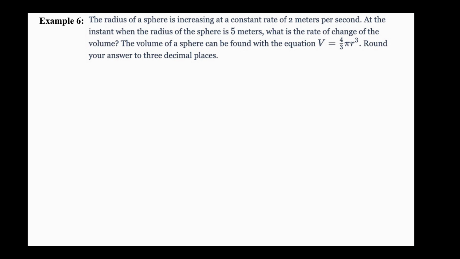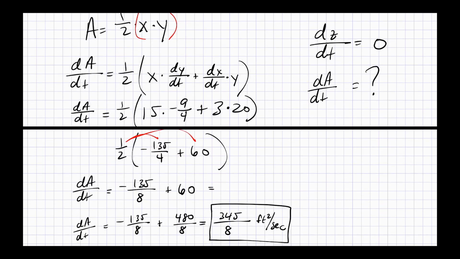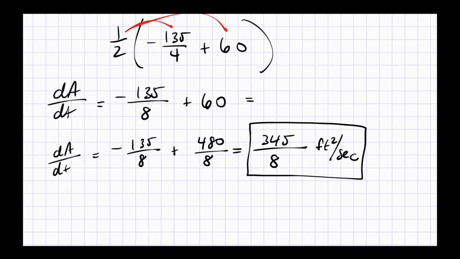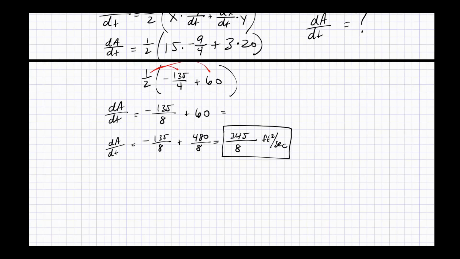When you distributed the 1/2, what about the 60? Oh, I should have done it there. Yeah, that's a good question. That's a good point. Look at the last problem. I distributed, but I didn't distribute to the 60. So when I distributed there, that should have been 30. Thank you. So that means this is going to be